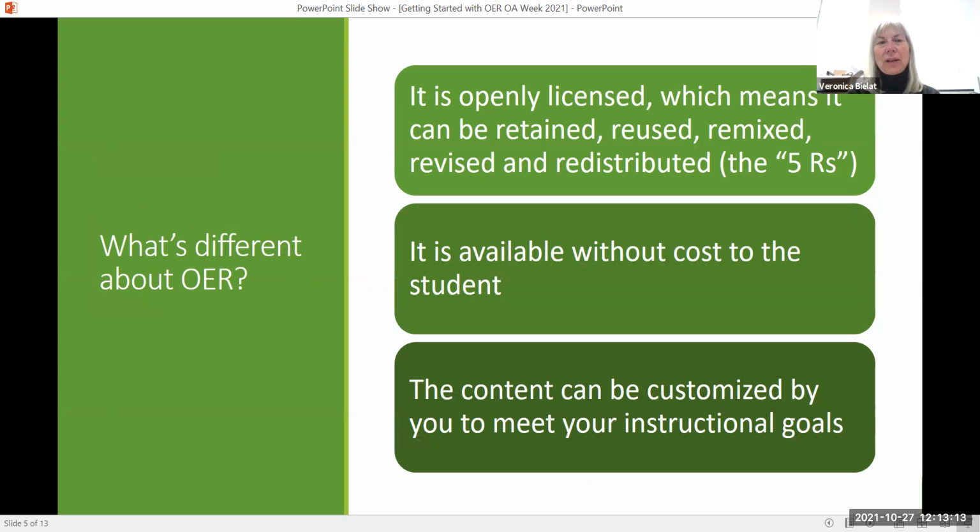We can ask at this point, what's different? What makes an open educational resource different than commercially published textbooks and other commercially published materials used in courses? So number one,